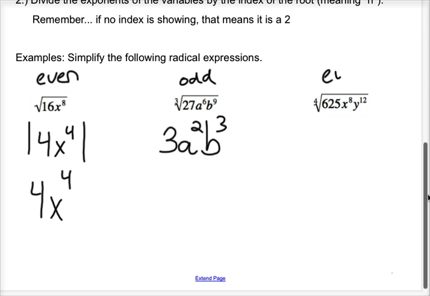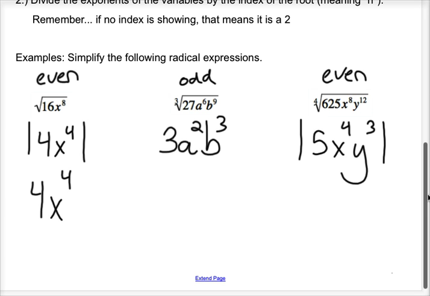All right, here we are back to an even index. So the fourth root of 625, do that on your calculator, you get the number 5. Whenever you run into an exponent, so x to the 8, well, divide that by 4. You get x to the 4. For the y, 12 divided by 4 leaves you y cubed. And because it's an even index, we're going to take the absolute value of it to ensure we're getting a